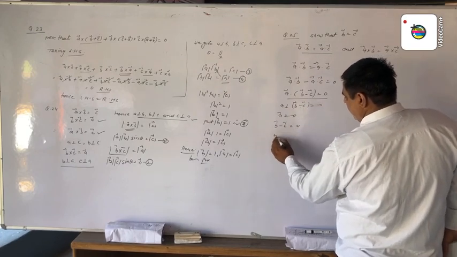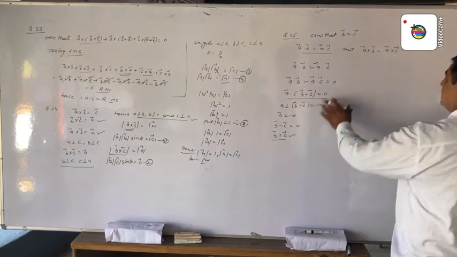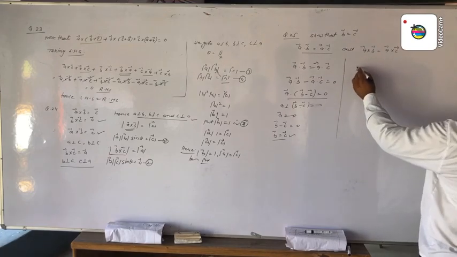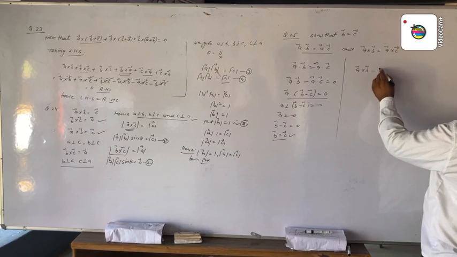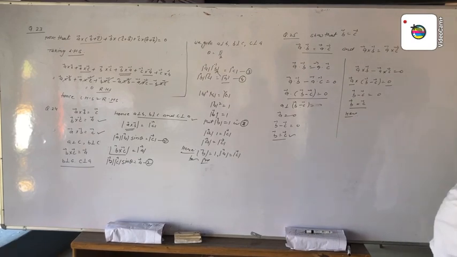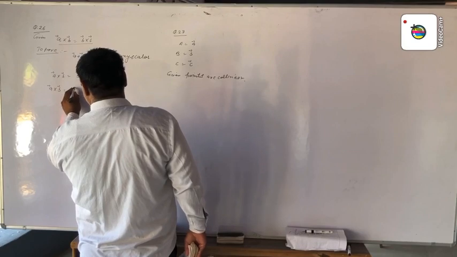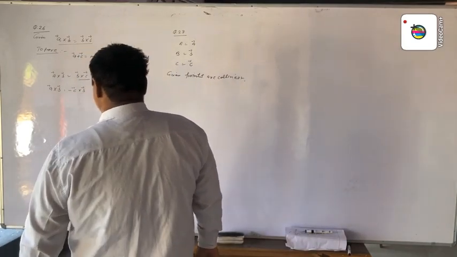So then vector B is equal to vector C. We have found this result. For the second result, vector A cross B, we take this inside. Vector A, we have proved this result: vector B is equal to vector C. Now we change this direction, then this becomes vector C cross vector B.